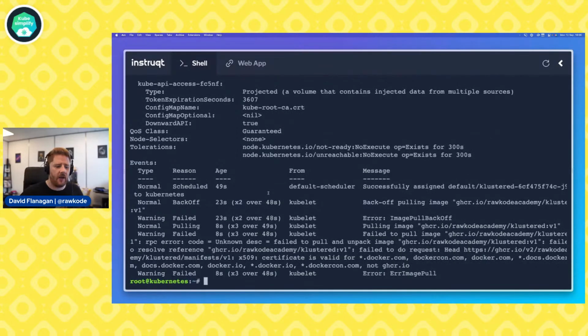Now, there's one error message on this that is a very big indicator of what has gone wrong with this cluster, but I'm not going to give it away. So for the next 30 seconds to a minute, if you see something here that you think is the root cause, paste it into the chat. And even better, if you think you know what the issue is, drop it into the chat. So 30 seconds, off we go.